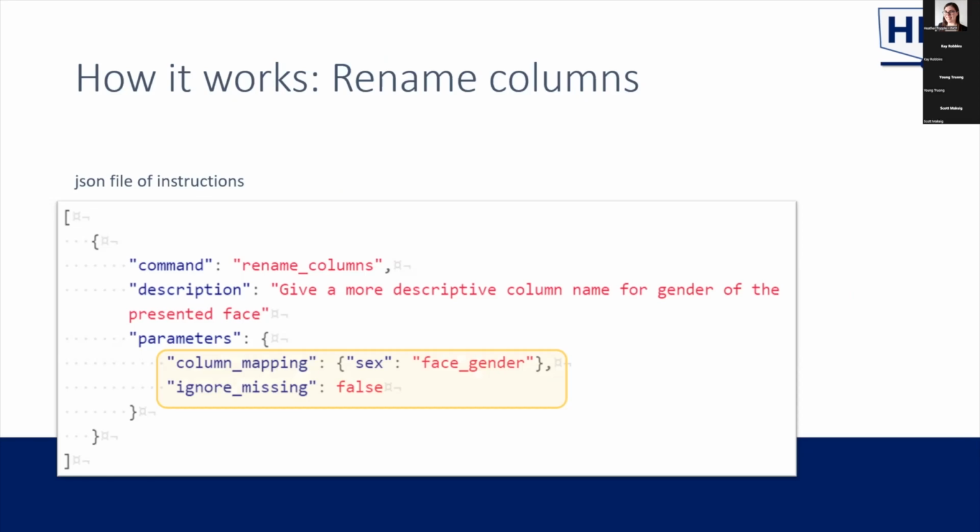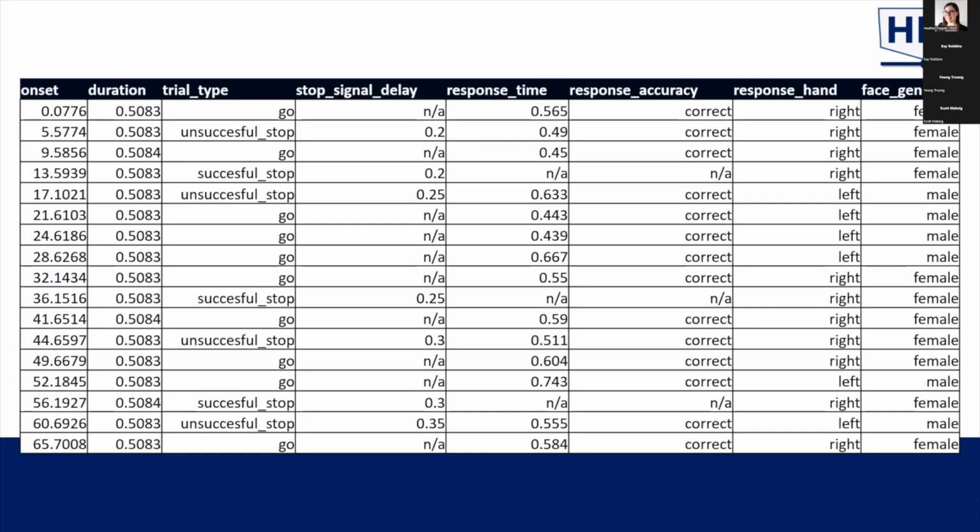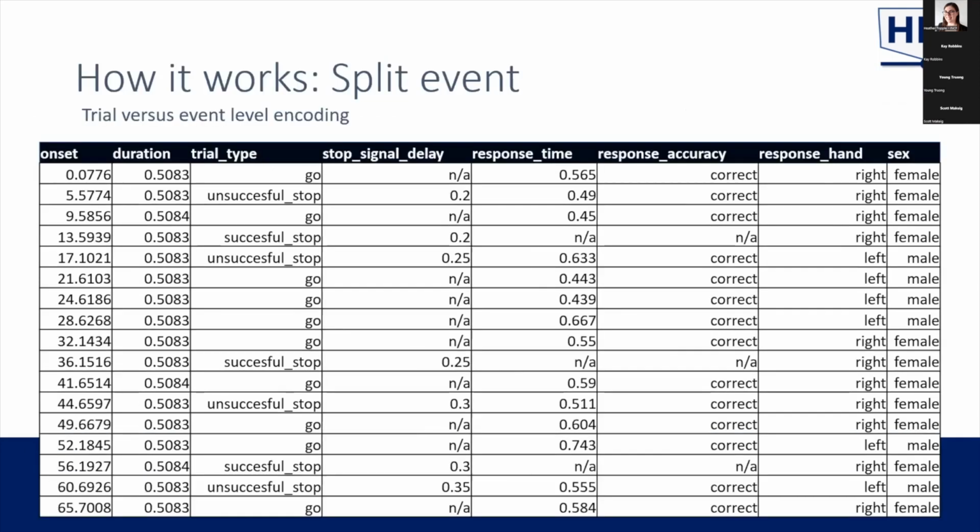So if I run this on the event file, then I get this very simple and a little bit underwhelming result, but it shows what the remodeler does, and I hope that it gives a little bit of context into the syntax, because the next operation that I'm going to show is a little bit more complicated. So Kay already briefly mentioned that